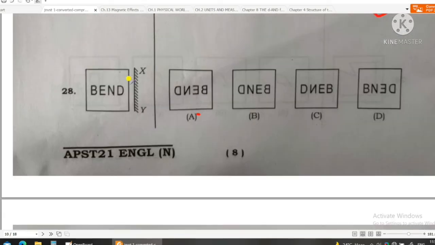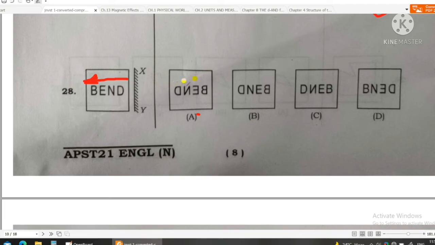Now here you can see that word band, one word band is seen through a mirror. एक मिरर में बैंड वर्ड को देखा था, तो बी जो है उसका क्या हो जाता है, बी का इन्वर्जन हो जाता है। इन्वर्जन का मतलब उसका लेफ्ट पार्ट राइट बन जाएगा, राइट पार्ट लेफ्ट बन जाएगा। तो बी जो है उसको उल्टा करके देखना है, तो बी ऐसा दिखेगा। देखिए, जो चीज़ मिरर से जितना दूर है वो मिरर में देखने पर मिरर